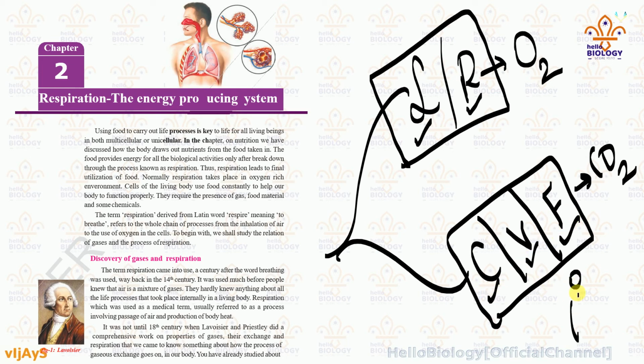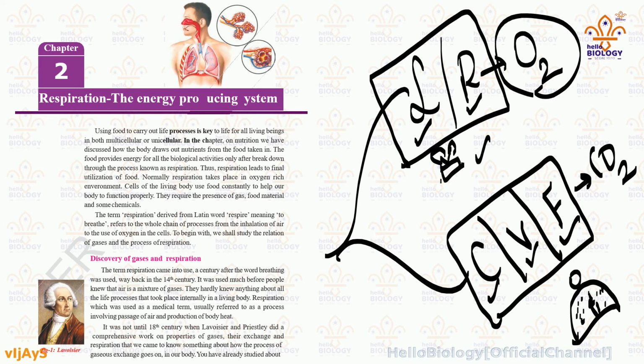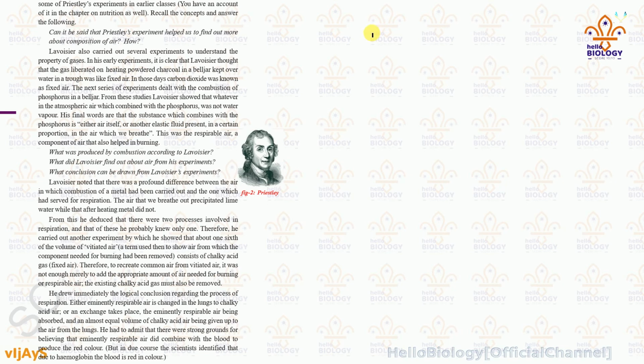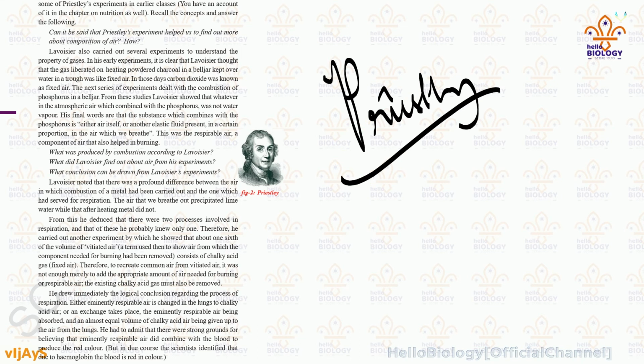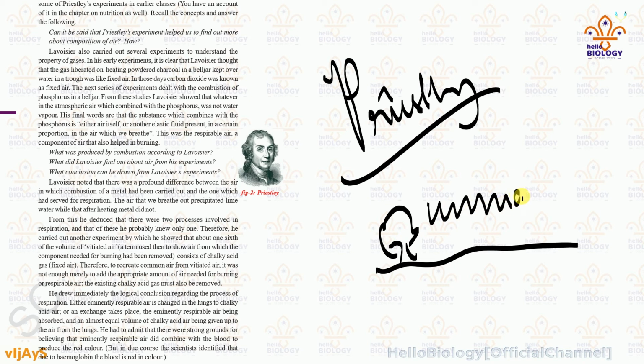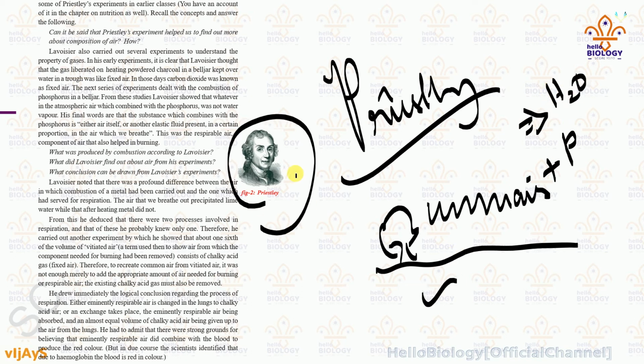These were named after the experiment of the candle in the bell jar, with the total gases, and how the mint plant survived. Until the 18th century, no one knew about oxygen and carbon dioxide. After that, in the next series, Priestley conducted many experiments to find the oxygen content, and he concluded that atmospheric air, when it reacts with phosphorus, cannot produce water vapor. This was proved by Priestley.